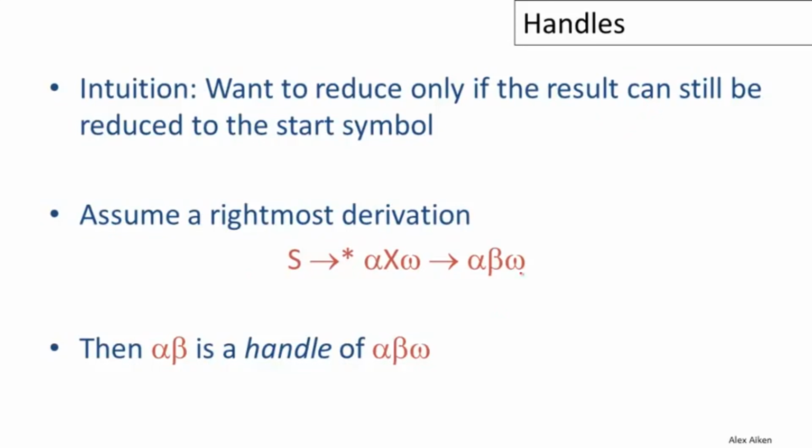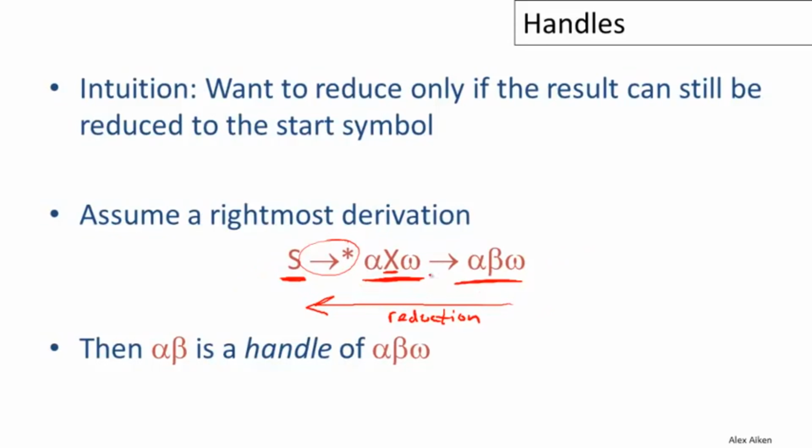So let's take a look at a rightmost derivation. So beginning with the start symbol, we get to some state after some number of steps. Remember, that means just an arbitrary number of steps. We get to some state. X is the rightmost non-terminal, and then the next step is to replace X by the right-hand side of some production. And remember, again, with bottom-up parsing, the parser is actually going in this direction. Okay, so this is the reduction direction. And we talk about the derivation direction, the production direction, because that's the easiest way to talk about what strings are derived. We want to begin with the start symbol, but the parser is actually going against the flow of